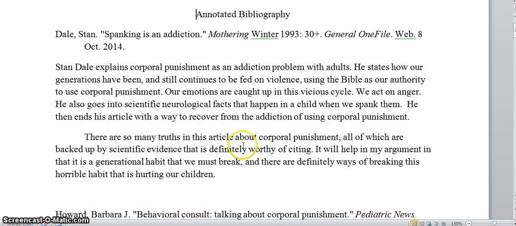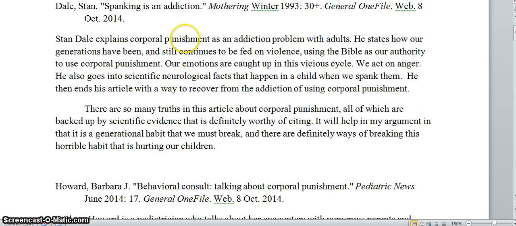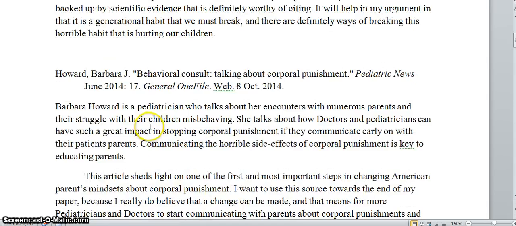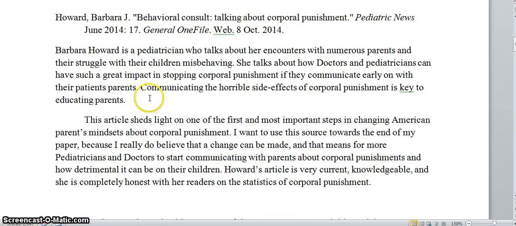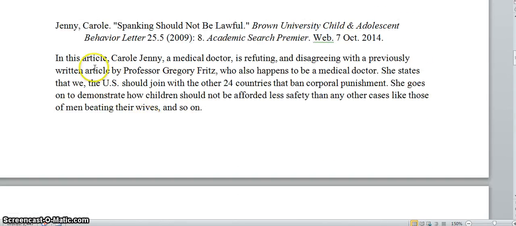There are so many truths in this article about corporal punishment, all of which are backed up by scientific evidence that is definitely worthy of citing. It will help in my argument in that it is a generational habit that we must break, and there are definitely ways of breaking this horrible habit that is hurting our children. So this student wrote about corporal punishment, and you can see that they were consistent with their MLA citation, followed by two paragraphs. Their next citation is here, third citation,